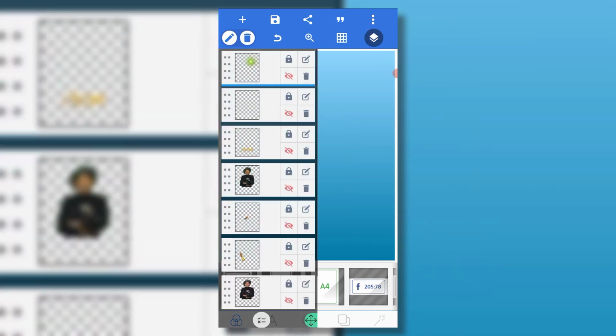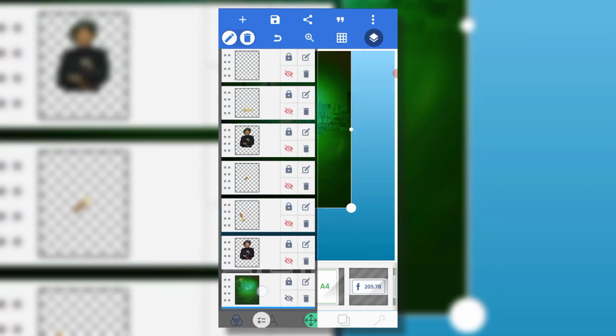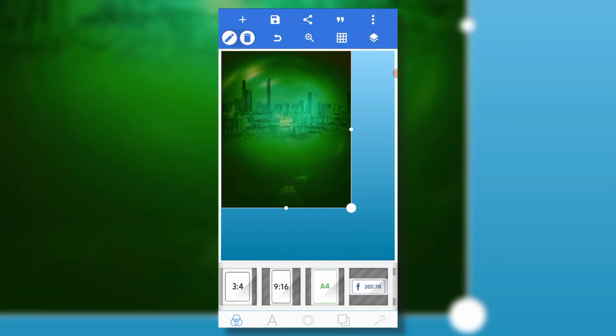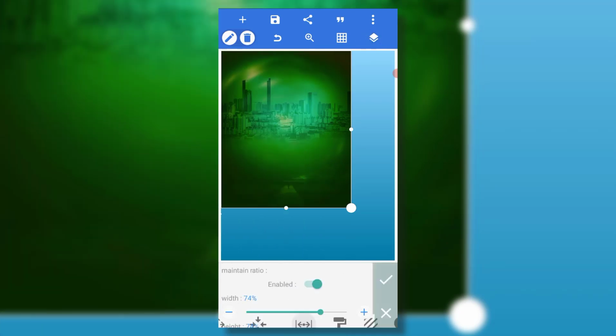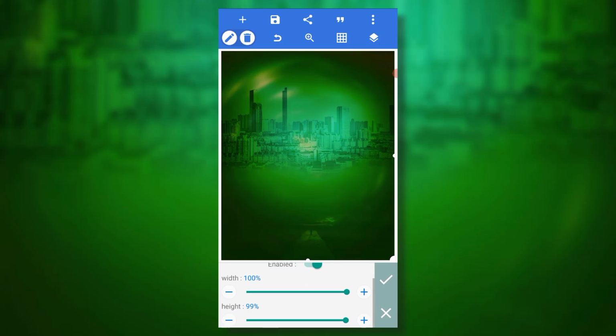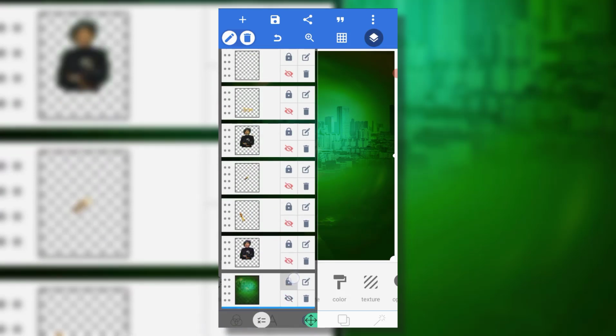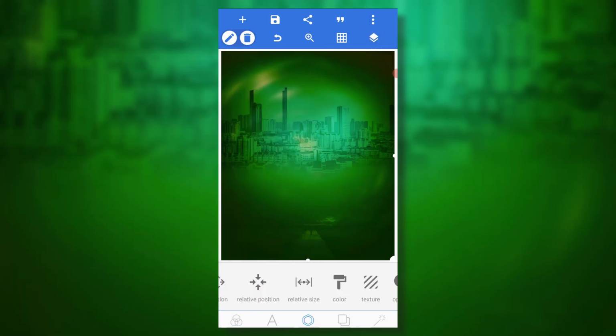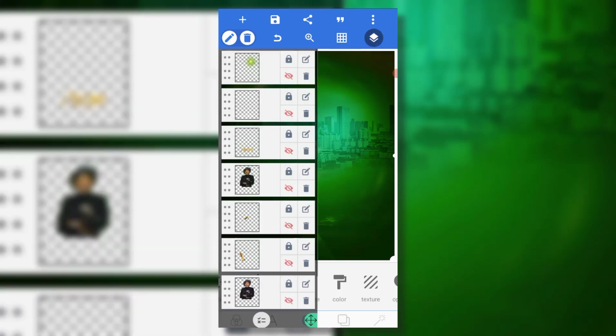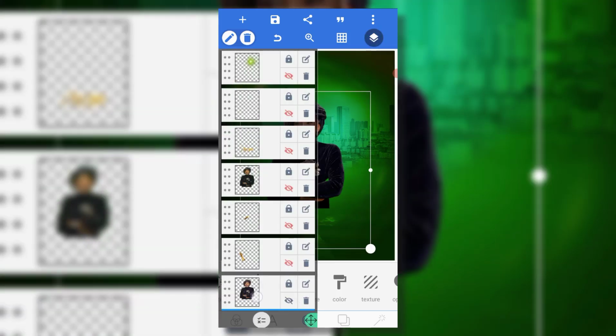So the first thing is my background, my BG. It's already set. Then I'll just come here and increase it. I actually created this background myself, but I didn't create it using Pixellab. I made it using Photoshop, because I just want you guys to see it, and I don't want this tutorial to be long. I would have used some other apps to show you how I did the background design. However, this is the image